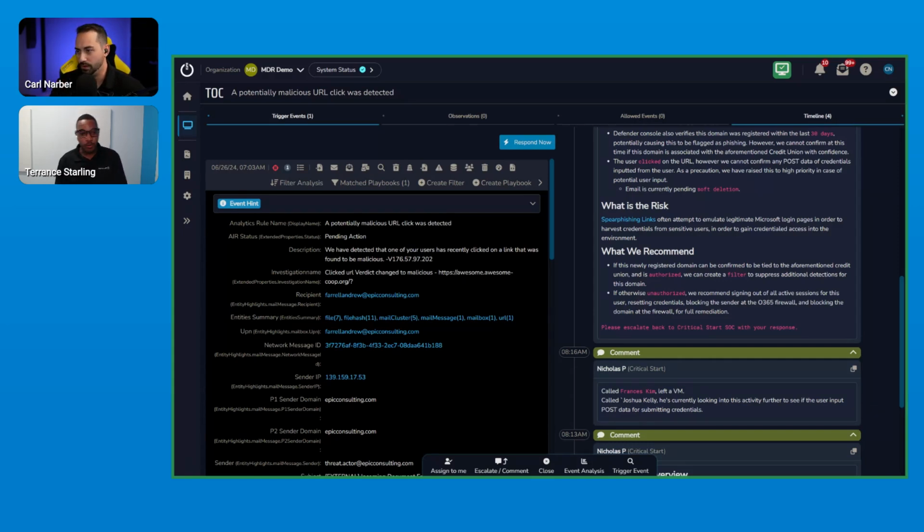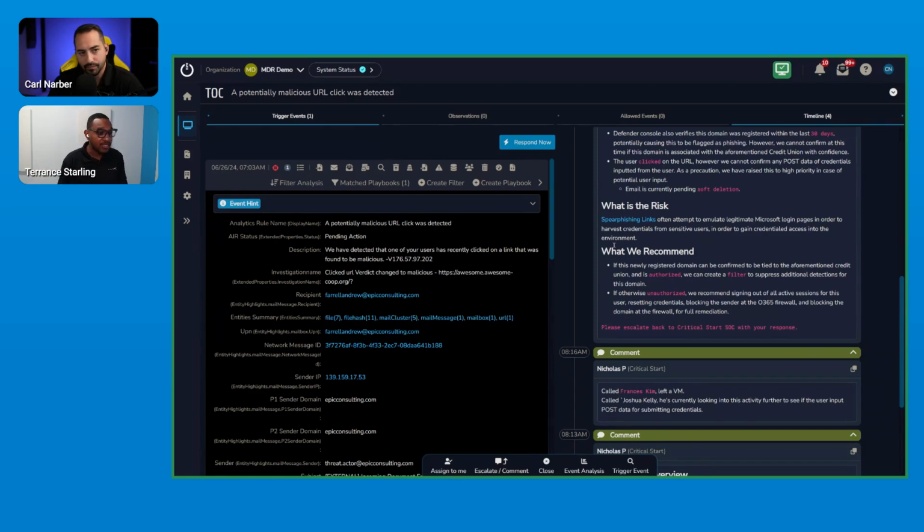Yeah, absolutely. And so the recommendation is probably the most, with the exception to the observed, right? Because behavior is changing. But even if the behavior is identical and we're basically telling you the same exact observations in 2 or 3 different alerts over a given time period, the recommendation is going to change because it's always actionable items for you to perform. If we've said, hey, we've sent this to you twice in the past 2 weeks, it's the same URL, same user, etc. Now we're talking about looking maybe a couple layers deeper. Why does this email keep arriving in this user's inbox? You see what I mean? Those recommendations will continue to change.